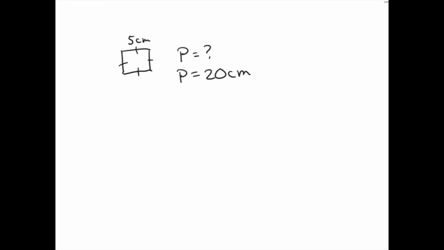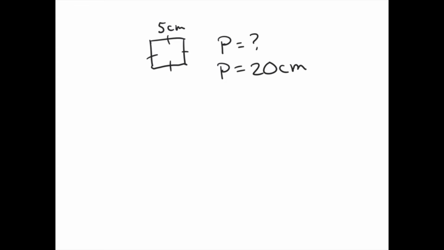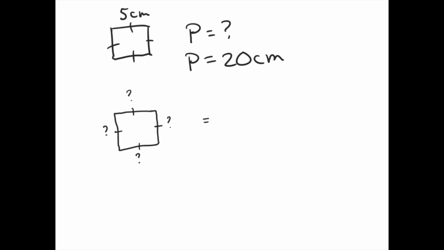But we can also use the information we have to go in the opposite direction. So let's say I had a square and I didn't know what the side lengths were. These are a mystery. But I do know that the perimeter is, let's say, 48